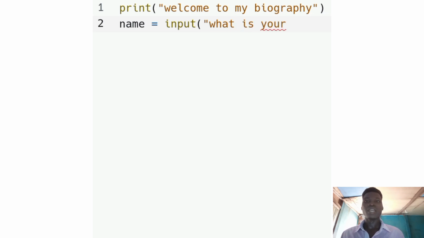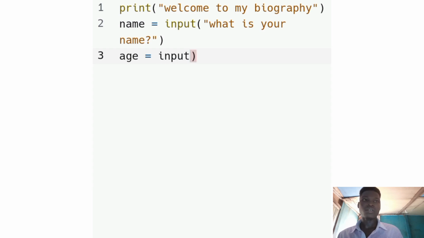Then we come to the next line. We ask the next question. So write age is equal to input, then bracket open. We bring our quotation, we open the bracket and do the quotation. Then we ask, what is your age? Then we bring the quotations again, we close the bracket. Then we come to the next line. The next question is